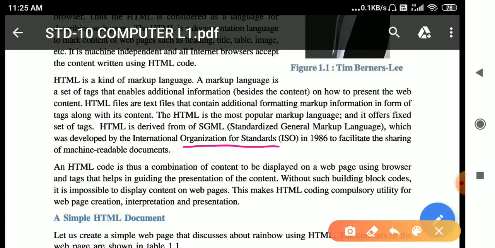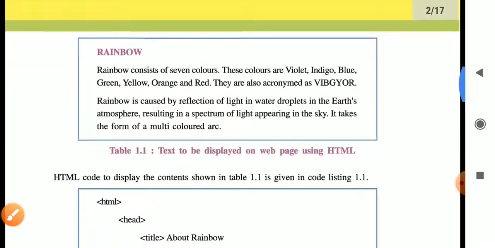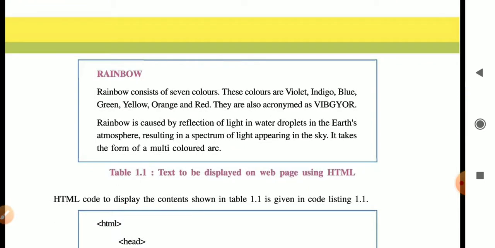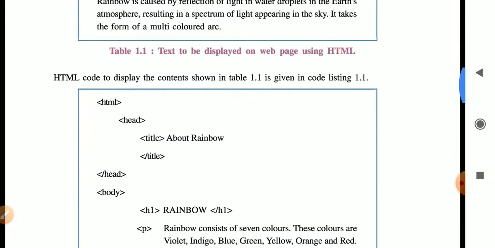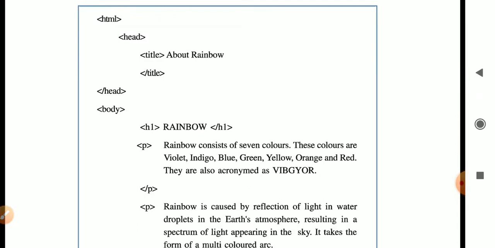Alright, so first thing, we'll start with a simple HTML document. So you can see here, suppose you want to print this paragraph on rainbow on the internet. So how do you need to write? Now in HTML, all the commands are known as tags. We call them tags. The starting tag is HTML over here,